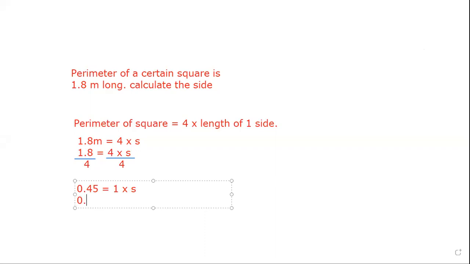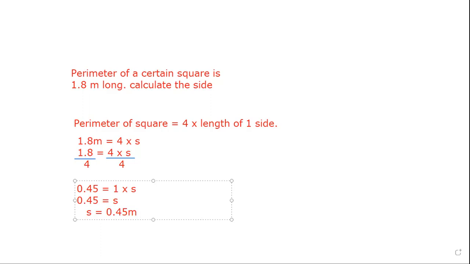So we have 0.45, and we're going to divide that by 1. So this is going to leave us with S. So now S is the subject of the formula, which is our side when we divide everything by 1. So now, or when we multiply everything by 1, as the case may be, we can simply switch it around and say S is equal to